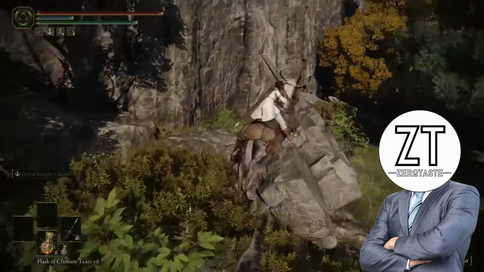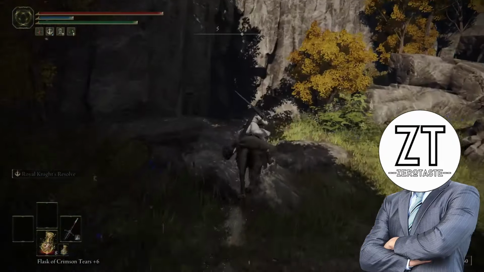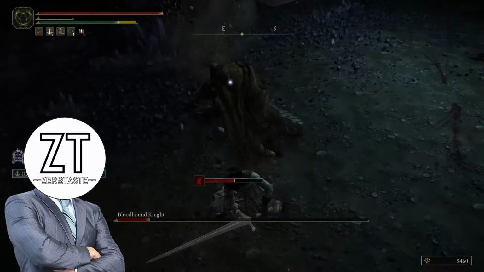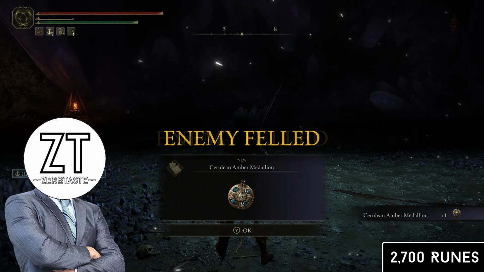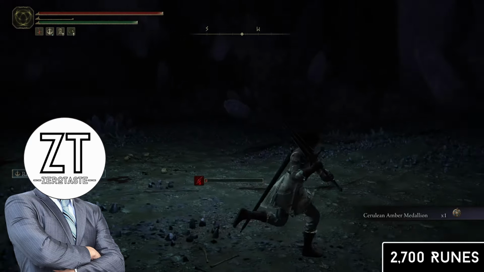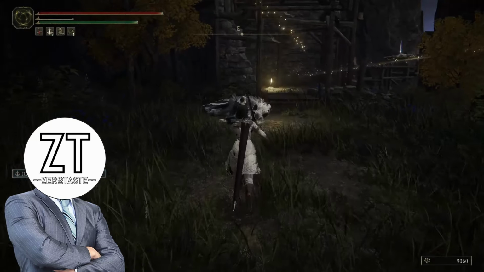We won't see another Bloodhound Knight until we enter Liurnia, where we'll encounter two. The first one is in a rather unexpected place, which is the Lakeside Crystal Cave. This is basically the same exact fight as before, but the knight has a bit more health. When we defeat this knight, we get the Cerulean Amber Medallion, which is unlikely to have any real relation to the Bloodhound Knights, but I felt it was worth mentioning. Other than that, this fight is required if you want to do Latenna's questline